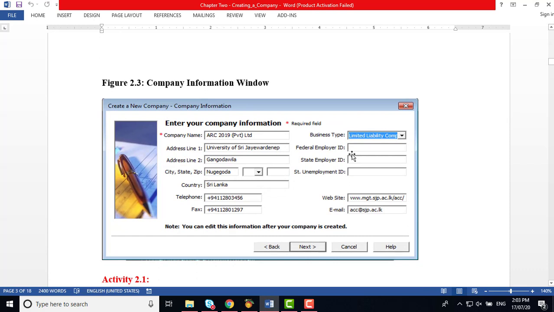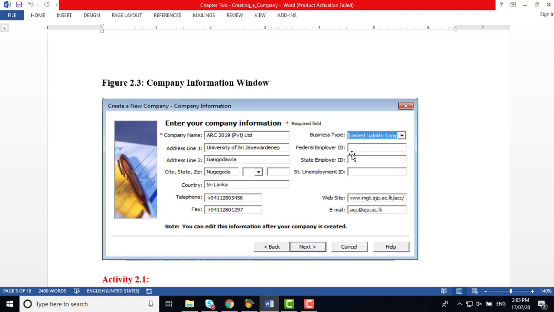This particular window helps us to enter the profile of our company. Location, name, then the telephone numbers, fax numbers, method, type of business, website, email, and so forth, related to very vital and important information which needs to be printed into the various documents which you are printing through the system, right? So to enter this we have already done, so we don't have to waste our time much because